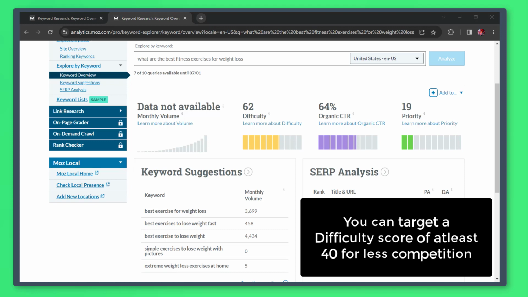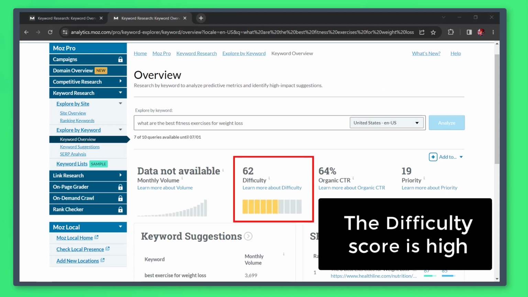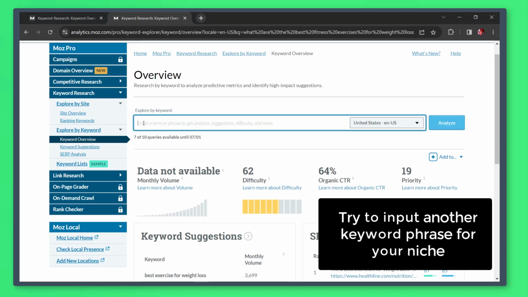You can look for a difficulty score of less than 40 so that the keywords that you will use will not have more competition for that keyword. Save these data into our notepad, including the difficulty score and the keywords list. You may notice that the difficulty score is high, so we can try another set of keyword phrases to search